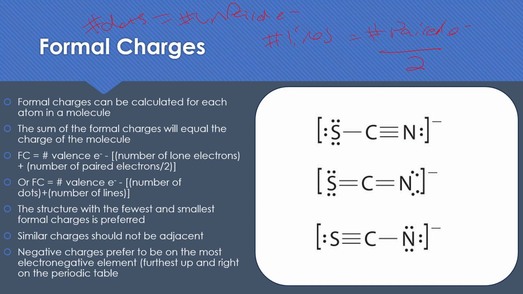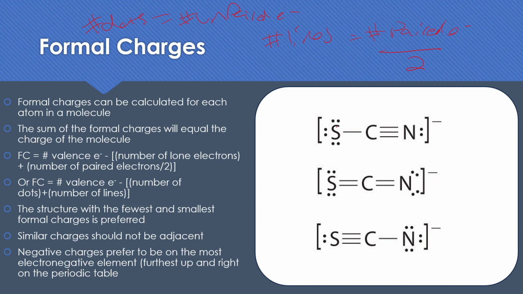There are 3 possible ways to draw the sulfur carbon nitrogen molecule that all fulfill the octet rule. Okay? So sulfur 2, 4, 6, 8, carbon 2, 4, 6, 8, nitrogen 2, 4, 6, 8. You can check for all of these. And for all of these, you can check formal charges and find that the formal charge is equal to minus